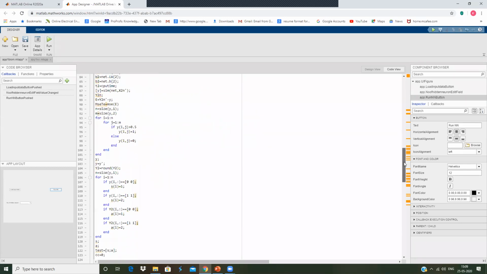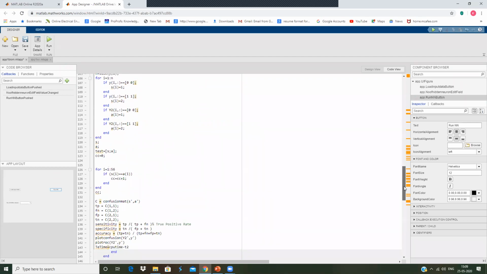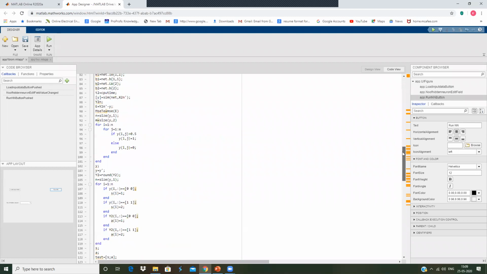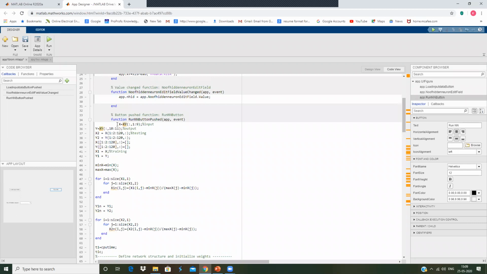I just copy paste the entire training and testing process. If you want, you can split the training and testing as well as the performance. You can separately do that also. With the time constraint, I am copying everything into a single click. Again, this XY is nothing but the data which was already loaded from the Excel file.